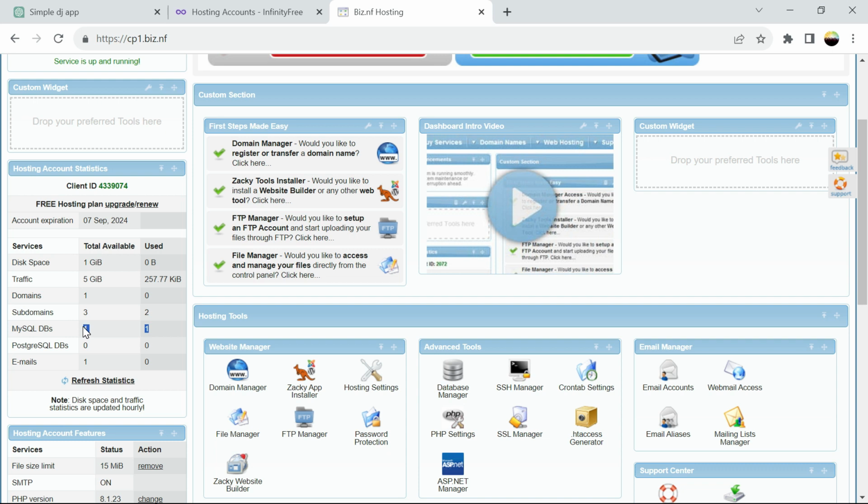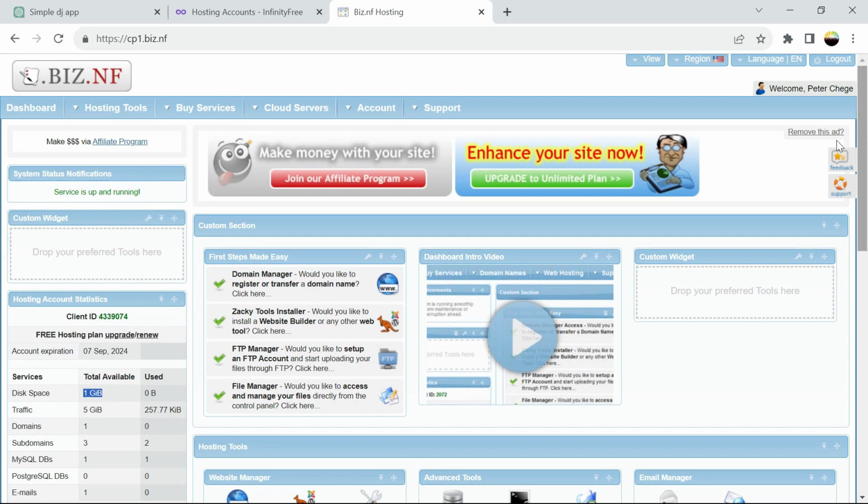So once you create the first account, the first website, it means that the database is already taken. You can only upgrade your account. But you can have a maximum of 3 subdomains. What that means, if the other subdomains have to be linked to something else, you have to use your one WordPress installation to cater for the 3 websites, which may be tricky because again you have a limitation on the disk space. So BizNF is mostly used for